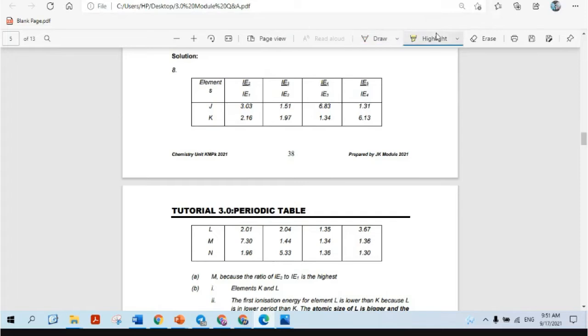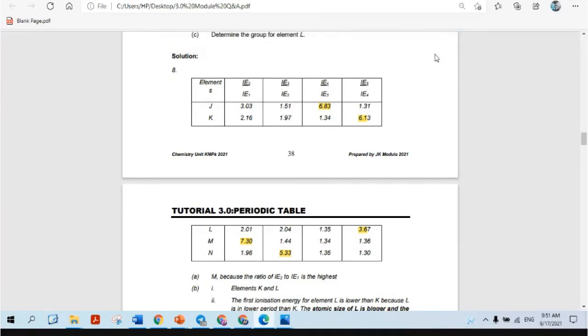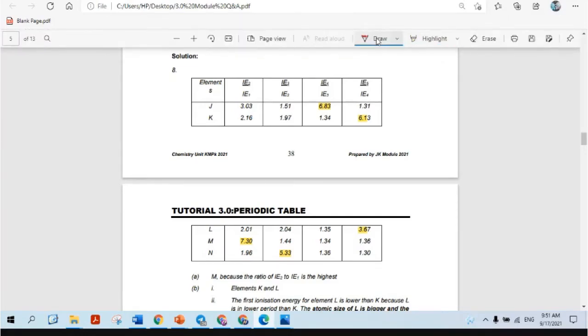Class? Third. Yes. How about K? Fourth. Fourth. L? Fourth. Okay. M? First. Then N. Okay, so this is the first thing you need to do to solve a question related to successive ionization energy: calculate the ratio. Okay, so based on here, I know this one, J, is group